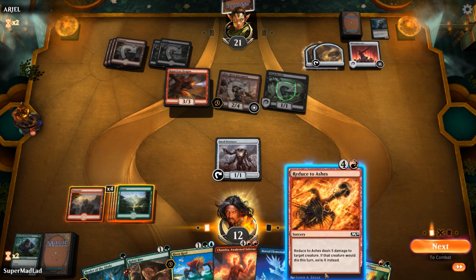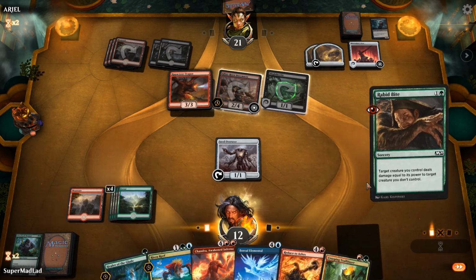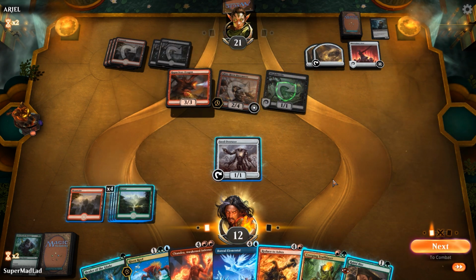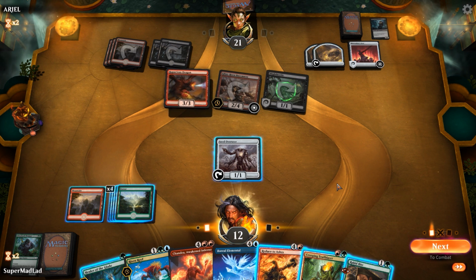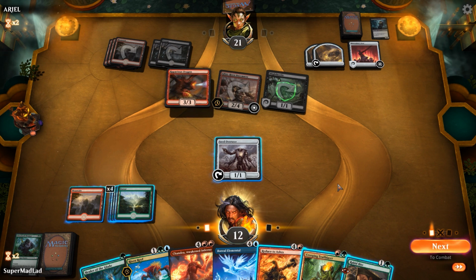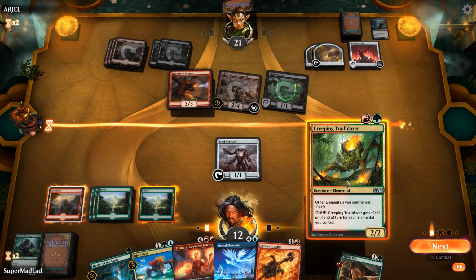Okay, so I could... I definitely want to fight the Rabid Beetle. Oh, it's protection from green. I can't. Ha. Good point, me. Thanks, me, for taking notice. I guess I'll maybe just Trailblazer and...